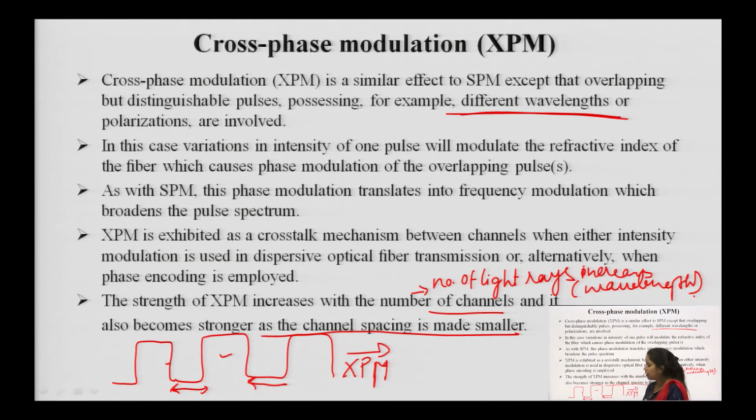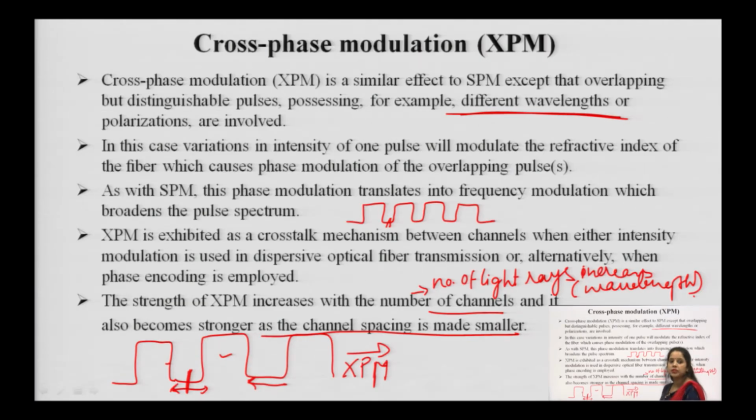It takes time because this distance is more, but if we reduce this spacing between the two pulses, then overlapping takes less time. That is why it is saying that XPM increases with the number of channels and becomes stronger as the channel